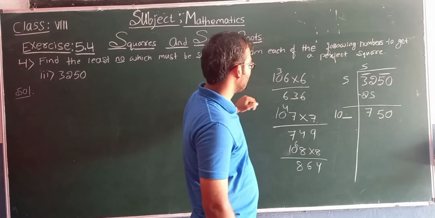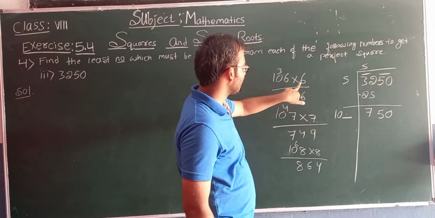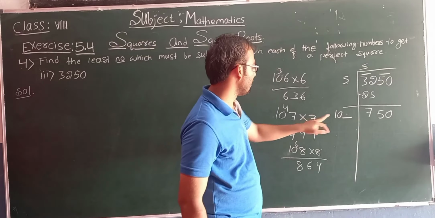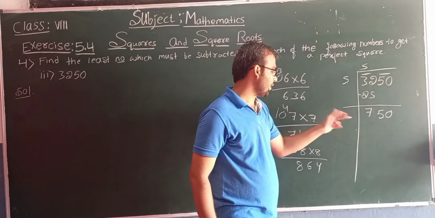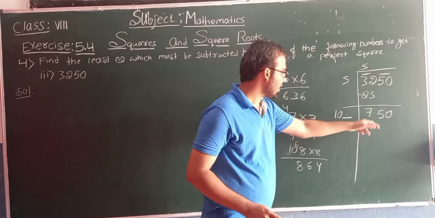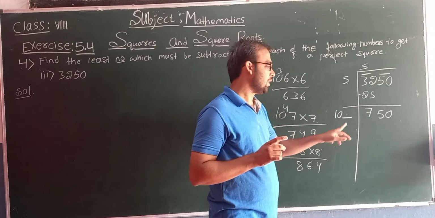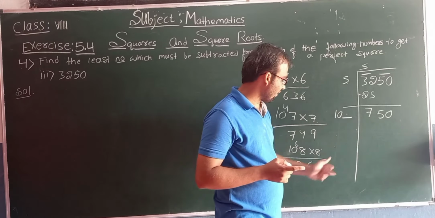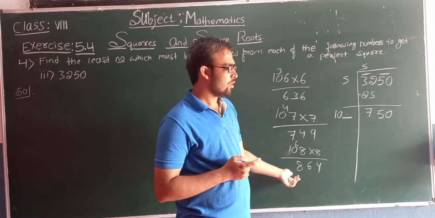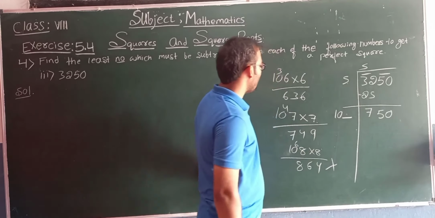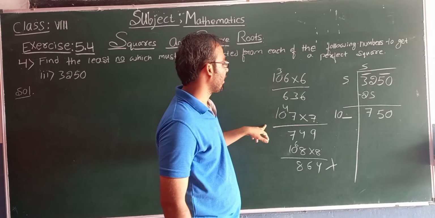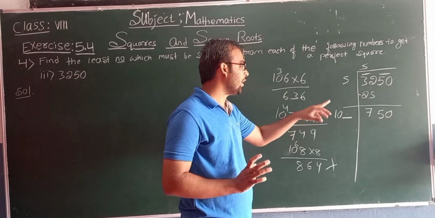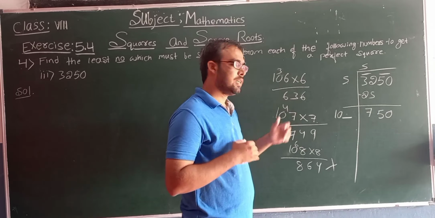So look at here students, when we fill this blank with 6, we are getting a number which is lesser than 750. When we fill this blank with 7, we are also getting a number which is lesser than 750. But when we fill this digit with 8, we are getting a number which is greater than 750. Okay, so this is greater than 750, no? So this we cannot take. Now compared to these two, which can we take? We can take 7. Okay, so why? Because it is nearer to 750 than 636.